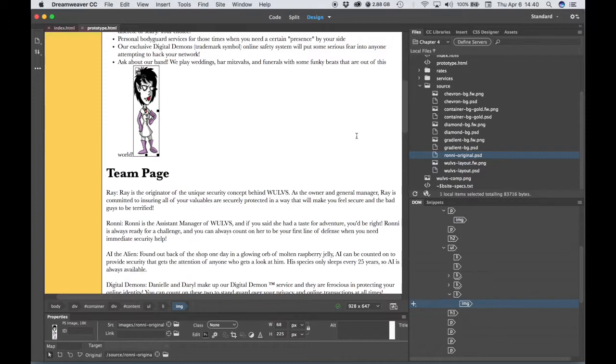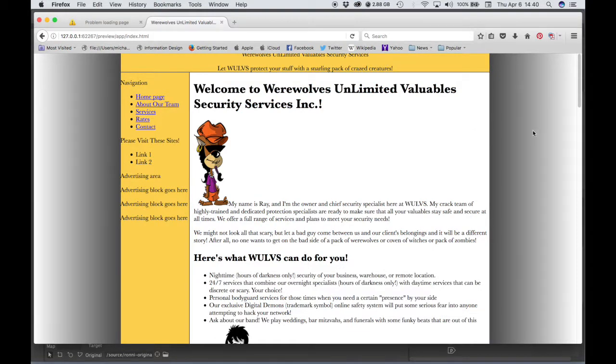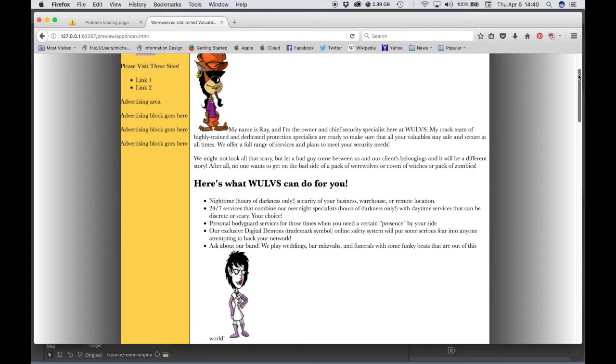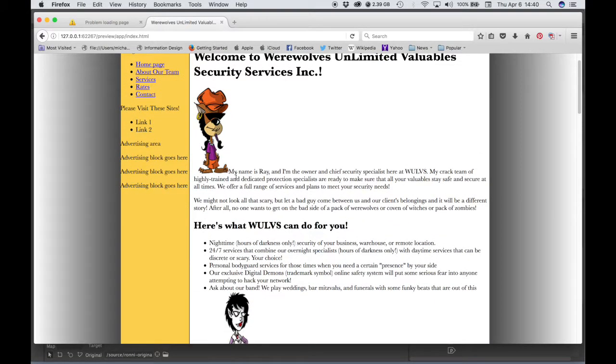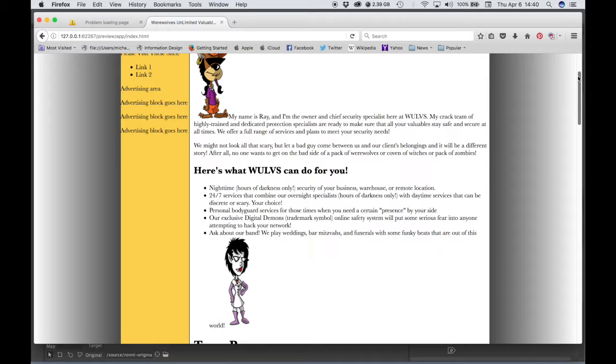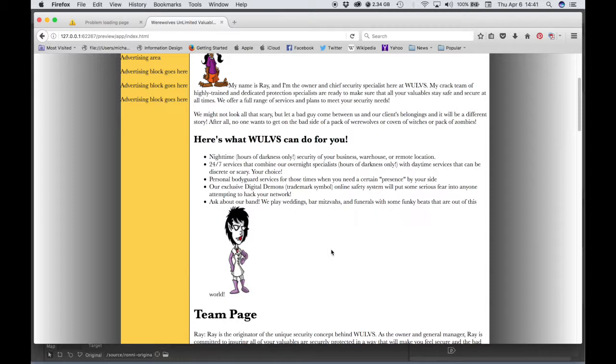Okay, so now's a good time to take a look at our layout in a web browser, and this is what we have so far. The way that the images are placed, they sit by default on the baseline of the text that they're placed into, and they're bumped over to the left. If we want our text to wrap around these images and disengage from the baseline of the text and to align differently, so rather than aligning to the left, they could align to the right, we need to apply some